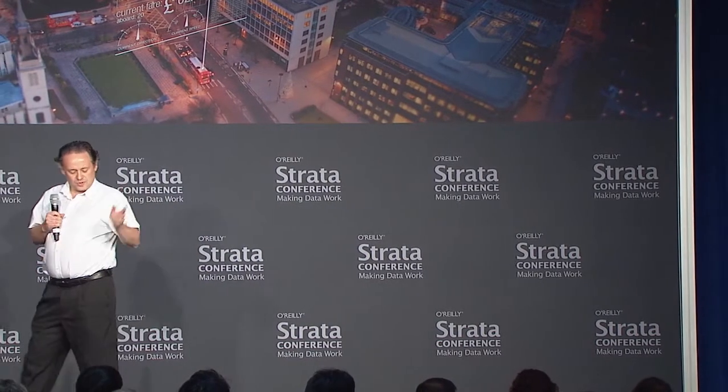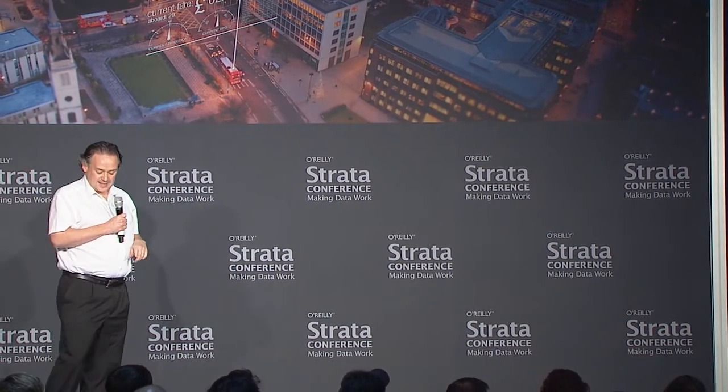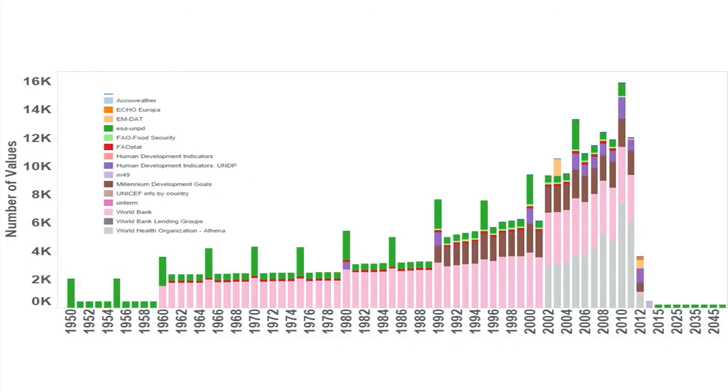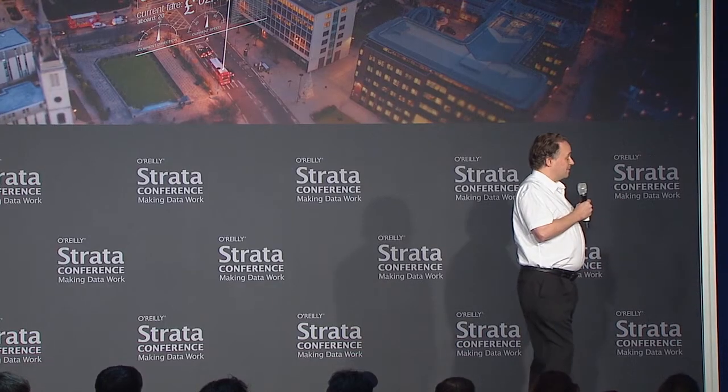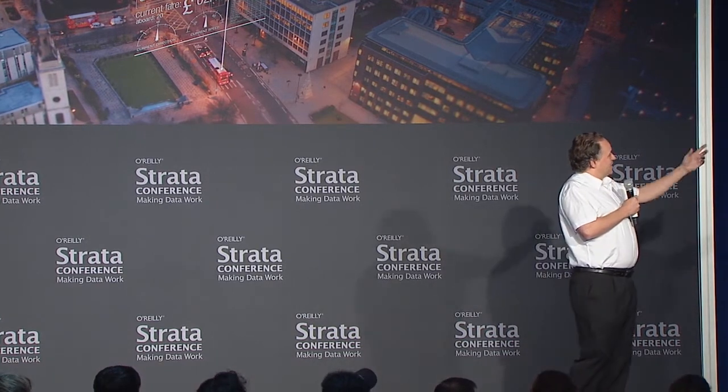This is my modest data slide. We collected 300,000 numbers, which I like to call boutique data. It covers about 200 or so different territories and countries. As you can see, it goes back 50 years. Most of it's more recent. The sorts of things you can do with it are really trivial. Mortality rates for women and men. Men die more than women. Well, they don't die more, but they die sooner. The size of the points...